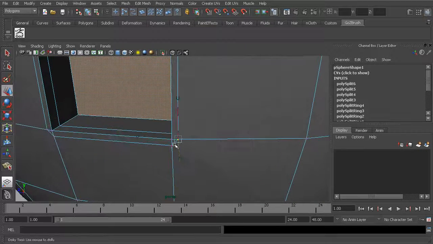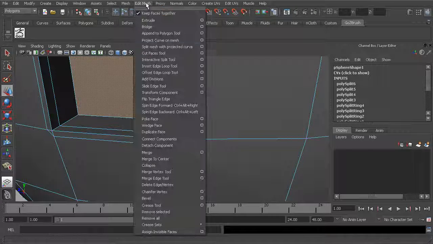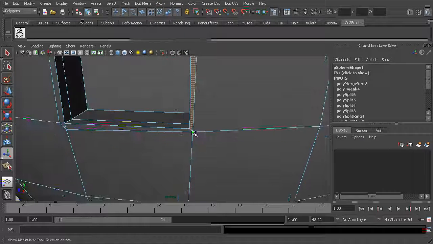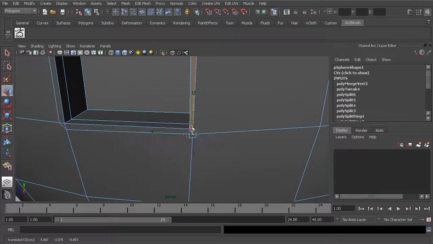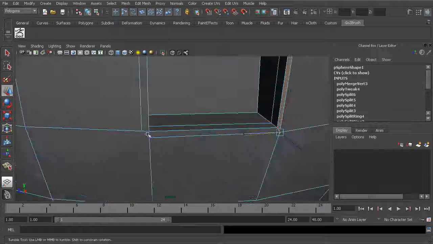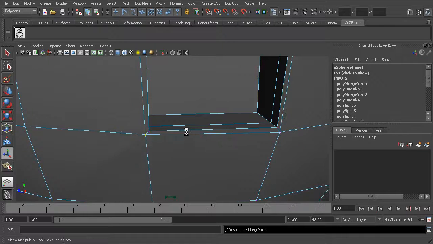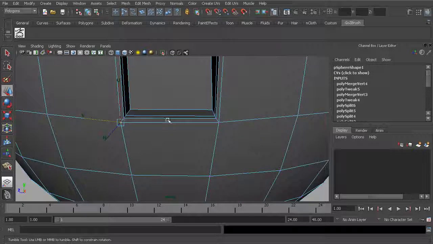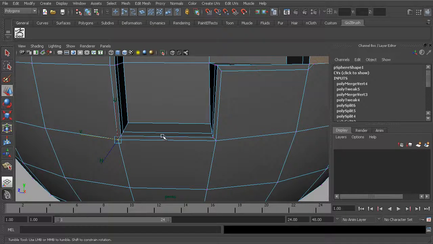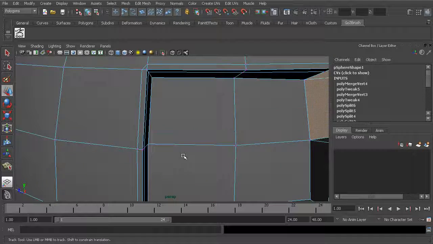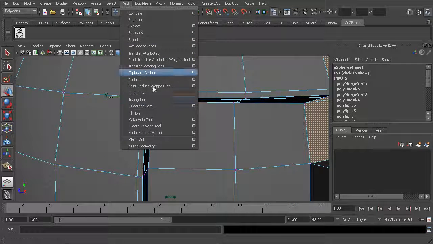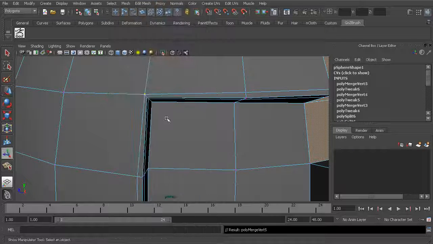Then obviously you want to come in and you can go ahead and merge some of those points together, just like we did with our bevel. Same thing over here, getting rid of that n-gon, getting rid of that triangle. And that's giving us that edge that we need to make that nice bevel when we smooth it. Okay, let's do one more, and then we'll take a look at what this actually looks like. Go ahead and merge that